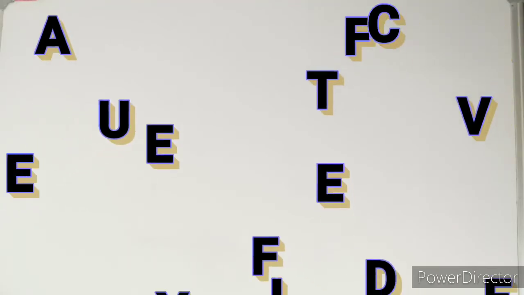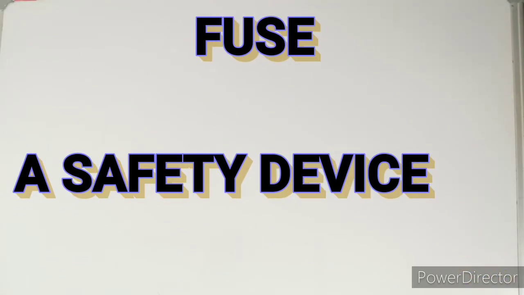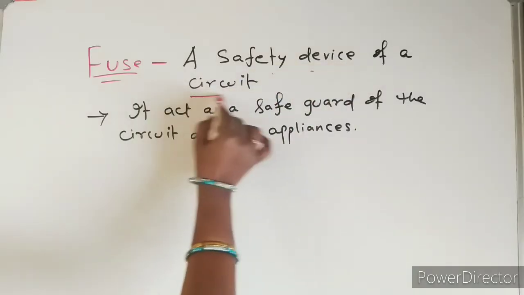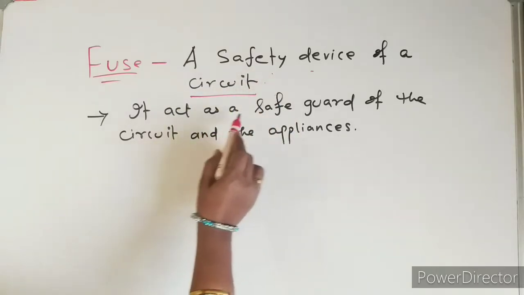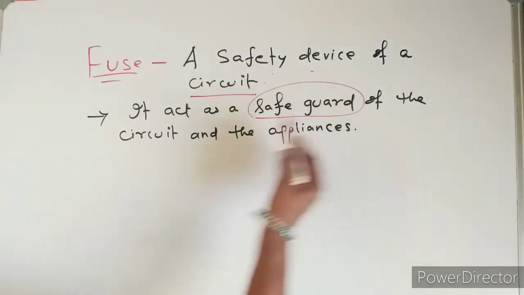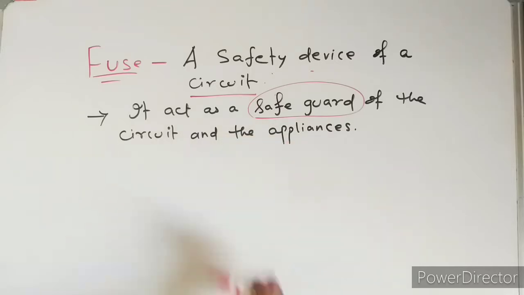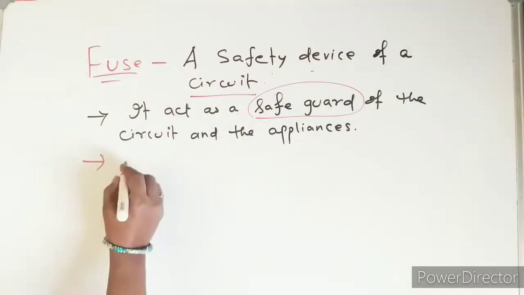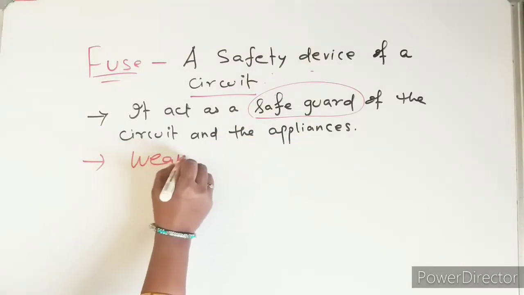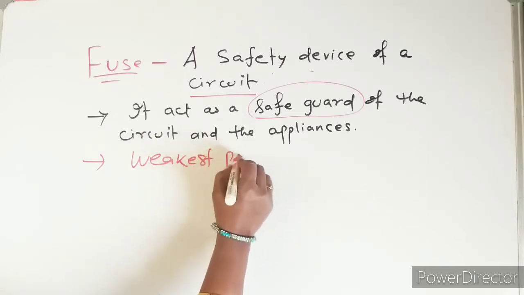Hello everyone. Today we are going to discuss the electrical fuse, which is a safety device of the circuit. Why? Because it acts as a safeguard to the circuit and to the appliances. And here is the weakest point. It is the weakest point